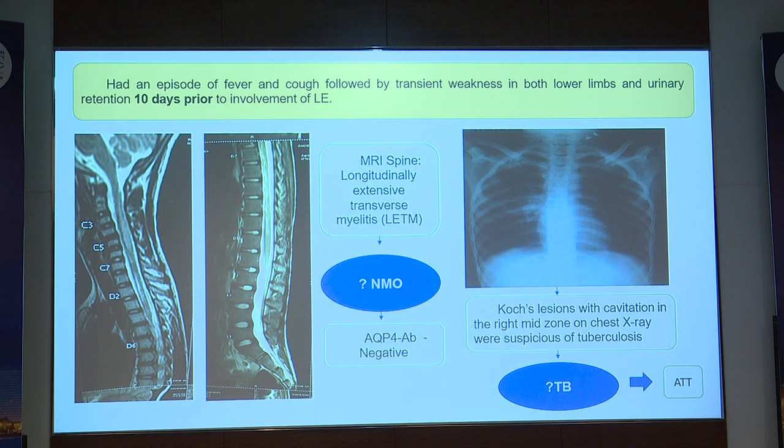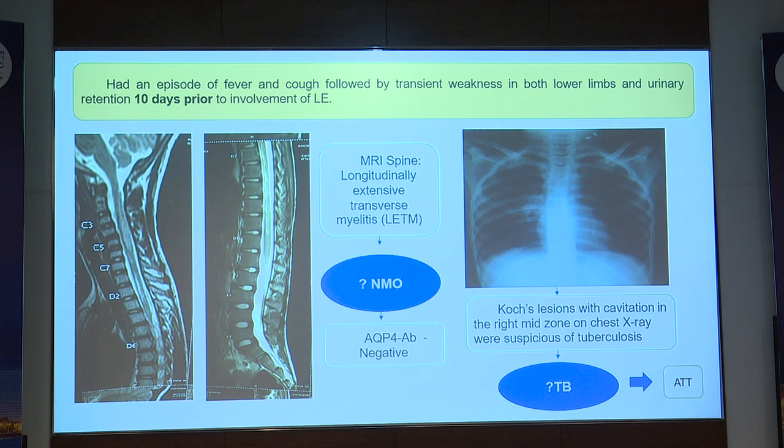So this LETM is one of the specific features of NMO, and it is rarely seen. It's the rarest presentation in tuberculosis. Here we diagnosed the patient as NMO, but because aquaporin 4 antibodies were negative, we diagnosed him as NMO spectrum disorder. But to our surprise, a Cox lesion with cavitations was seen on the chest X-ray, which was suggestive of tuberculosis,